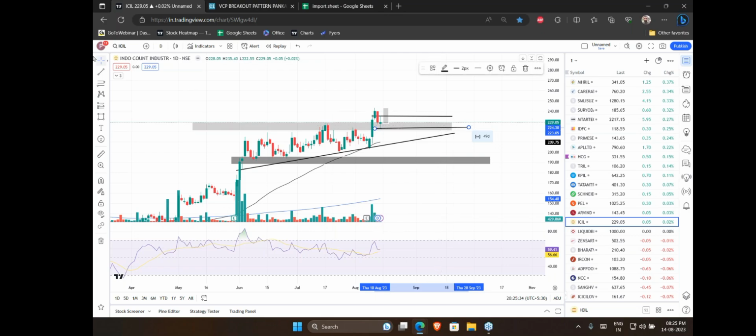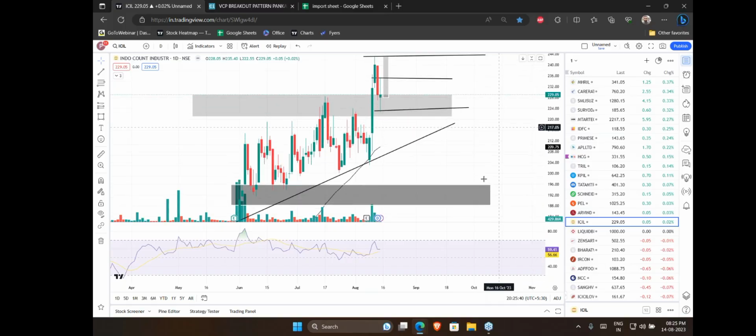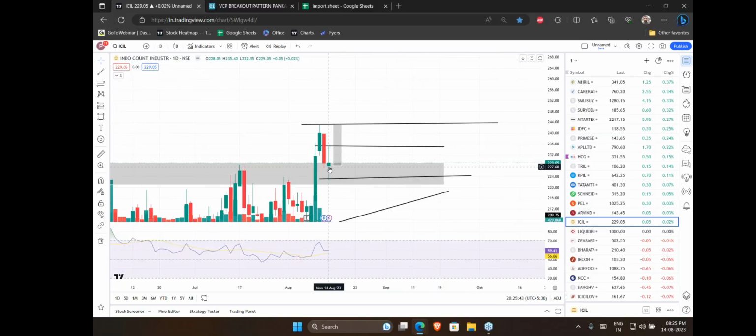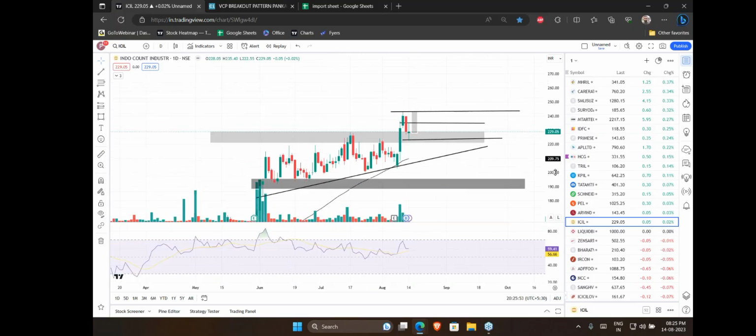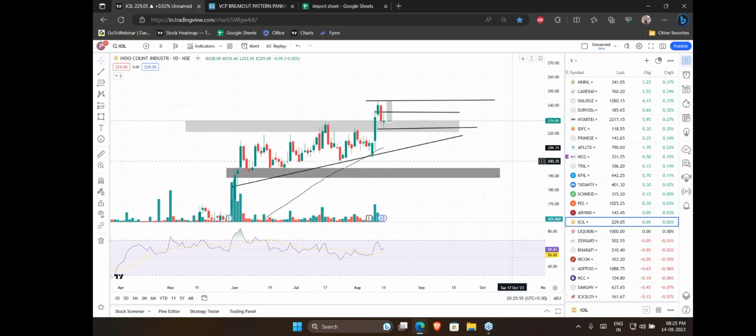What will be the first target? Can this be a first target? Which means we have an entry above 236 with a target of 243. That is 6 points. That is how much? 3%. From 236 to 243 is not a small target. That is your 6% as it is a